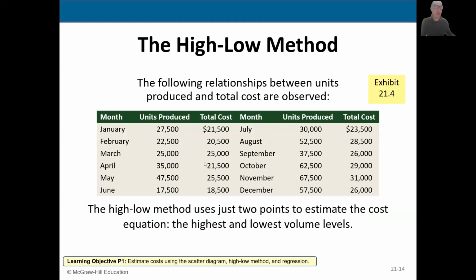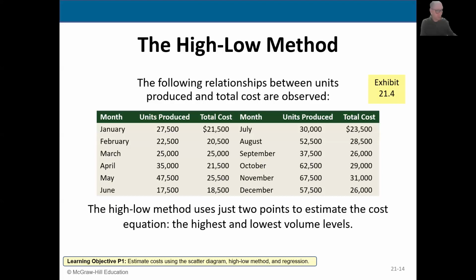So now you've seen the scatter diagram. The other method I wanted to talk about is what we call the high-low method. We do this high-low method because we want to identify points where we have highest and lowest volume and highest and lowest cost. We do this process in 3 steps. The first step is to identify the highest and lowest volume,